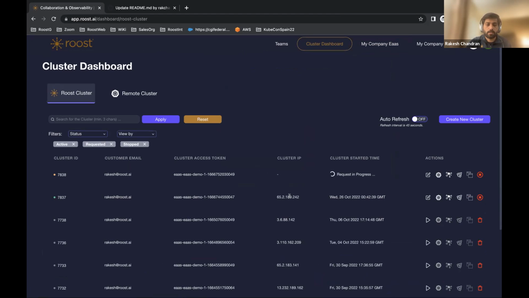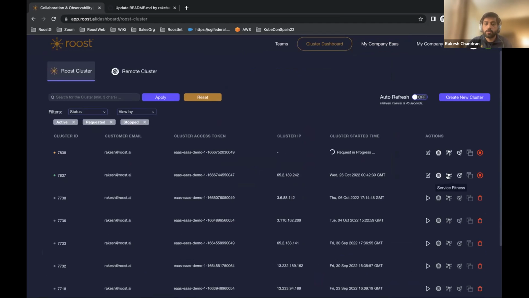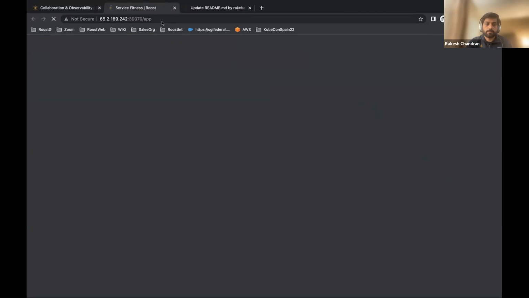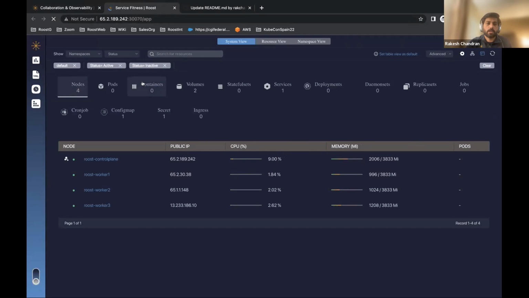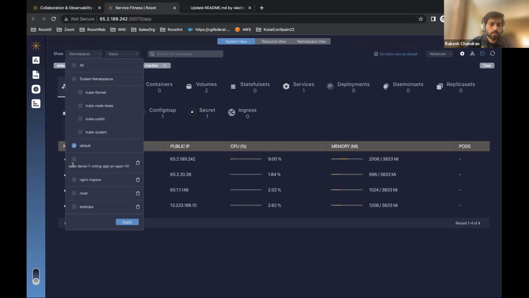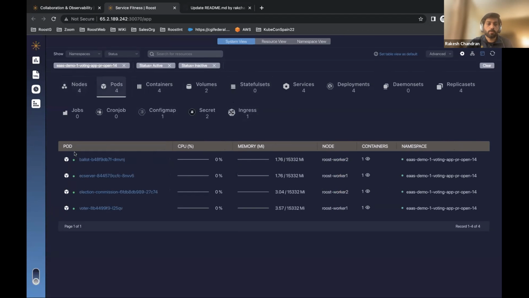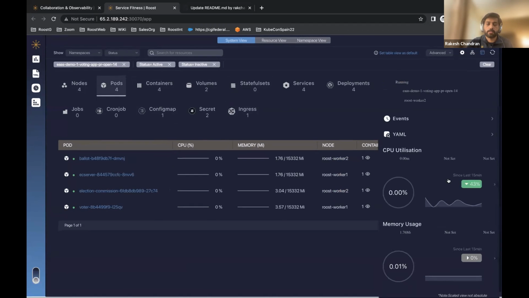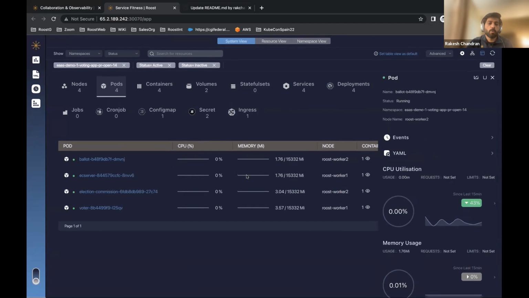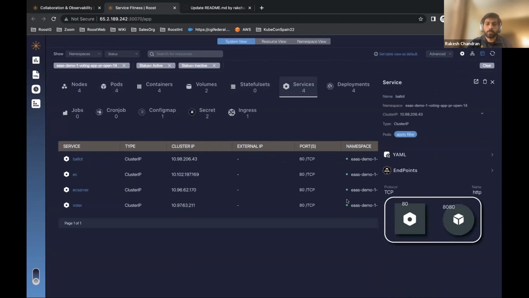And the other thing is, if you go to this cluster dashboard, as you can see, this was one of the environments which I created a bit ago, like 2 hours ago. So you can directly go to that service, and it gives you a dashboard. This is not in the correct namespace, so this was the namespace for that specific PR. And it will show all these deployments, like an overview of the resources and the containers and pods. If you click on a pod, it will give you all the utilization. So you get more insight on what happened in your deployment, and what services are running, the endpoints and everything can be visible from here.